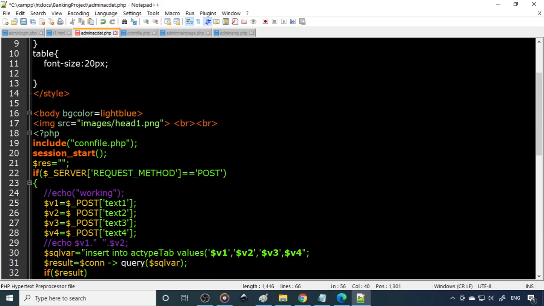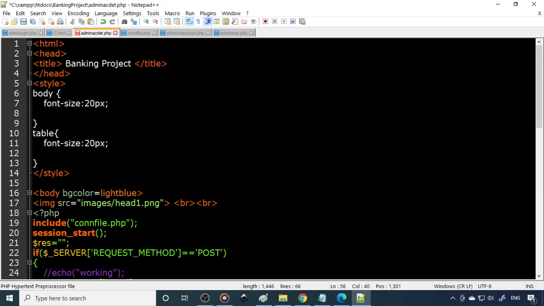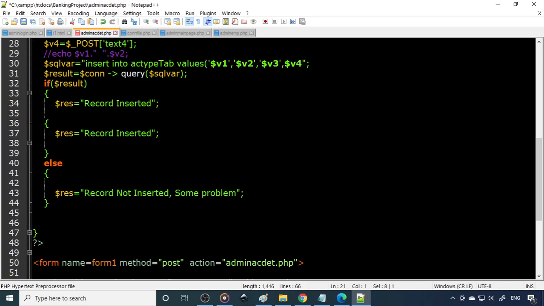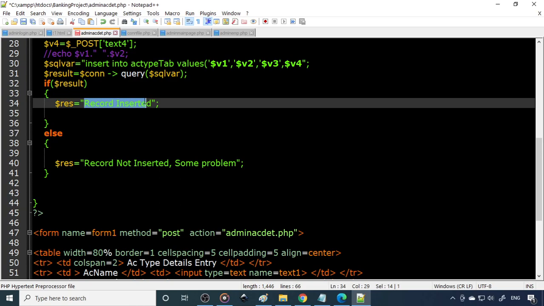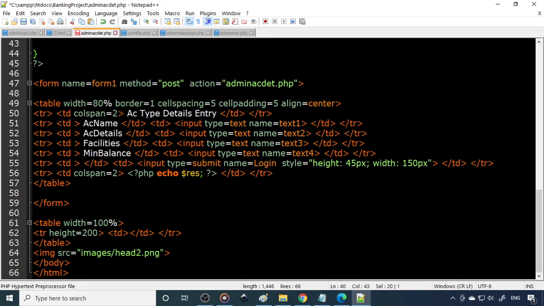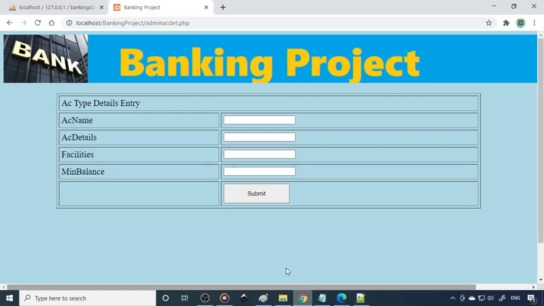First time it is empty, because first time when you execute this code, initially it's empty. Only if it's a post method, it will go inside here. This will be stored, and that will be displayed in the bottom. Okay, so this is the logic. Now we'll see whether all these things work or not. So just go back to this page. I can see that it is empty here.